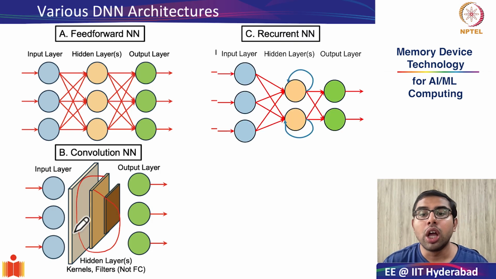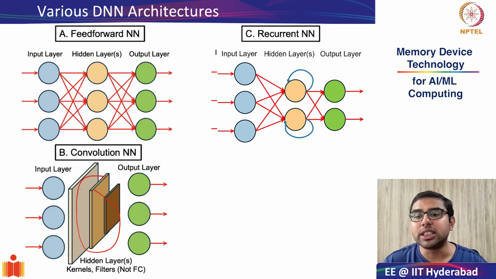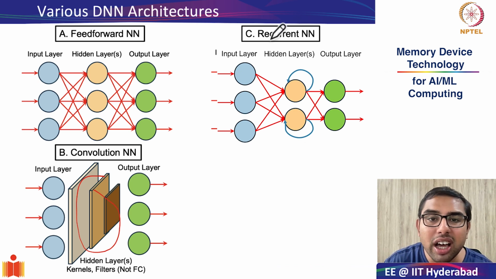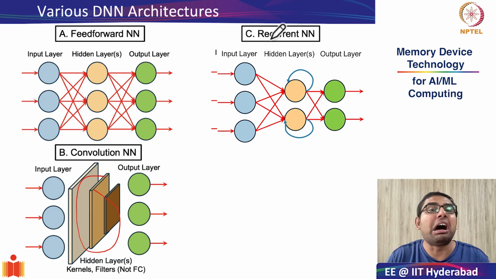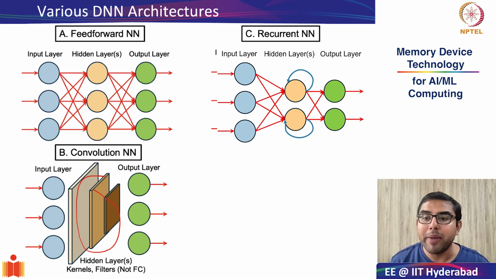The next is recurrent neural networks. CNNs are very good for images, but what about sequential data? Data that comes in a particular order, like sentences, speech, or text. That is where your recurrent neural networks or RNNs are really very important. Unlike feed-forward networks, RNNs use loops. You see these loops that allow information from one step to feed into the previous step. And therefore, in other words, they have some form of memory.